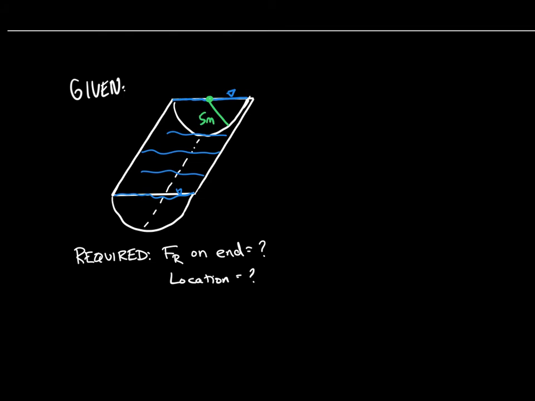So we've got, to the best of my ability to draw, a horse trough. You can imagine this is a semicircle, a half of a circle, on the front and the back of this thing, and it's full of water, all the way to the brim. And we want to know,